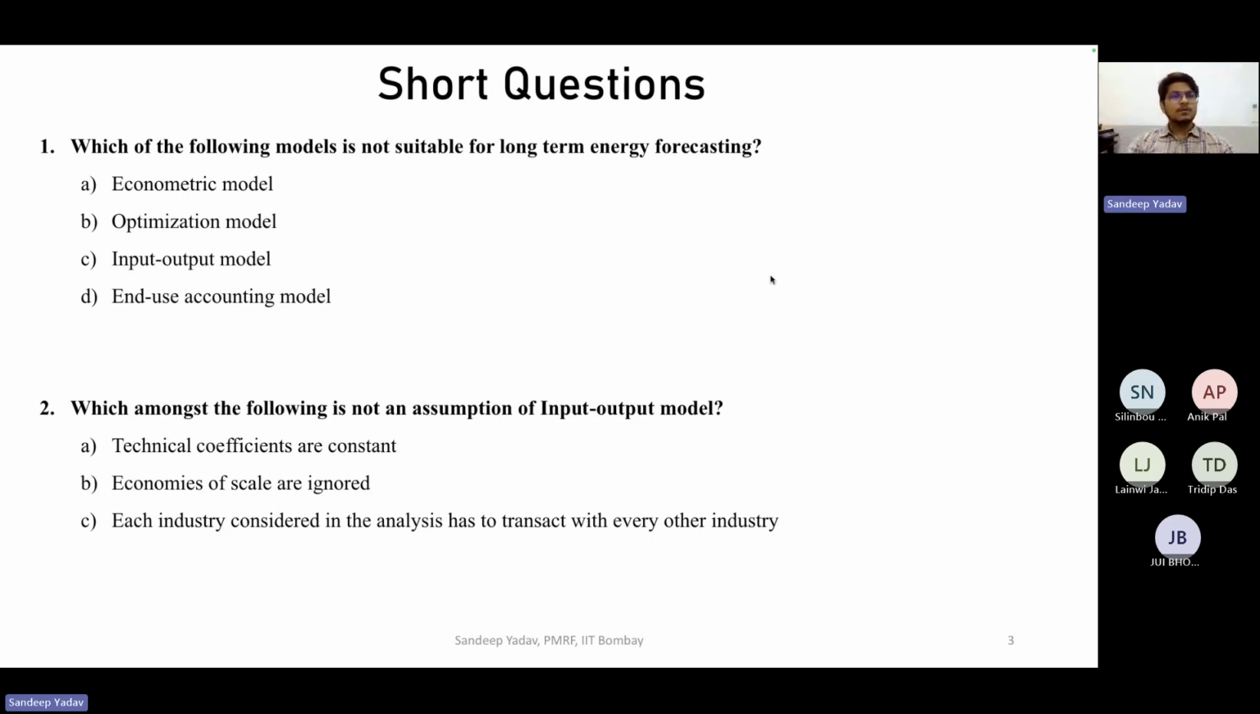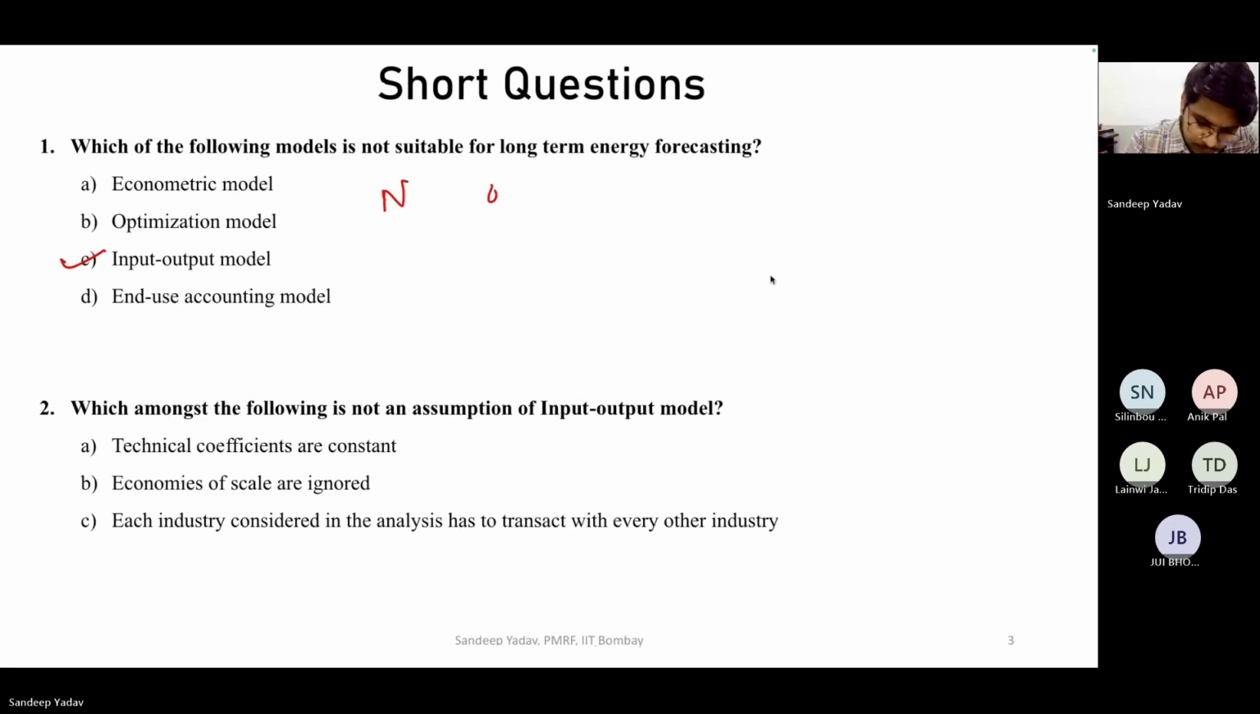So first question is, which of the following models is not suitable for long-term energy forecasting? First is econometric model, optimization model, input-output model, or the end-use accounting model. The answer for this question would be the input-output model, because the input-output model is